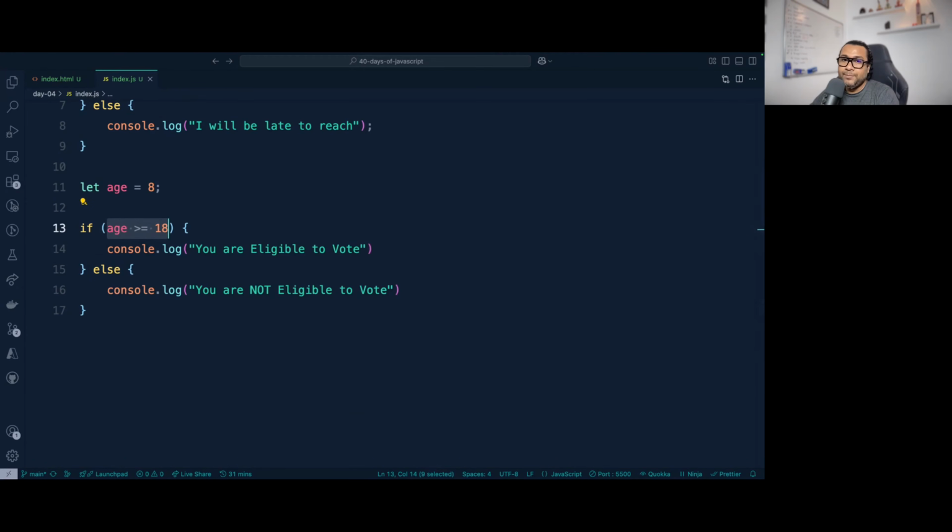But sometimes you might have multiple possible conditions. This is what logic building is, guys. You have to identify from the problem statement whether you have one single condition or multiple possible conditions. If I tell you to create a program that will determine if a person is eligible to vote or not based on the age, it means based on age I have to decide whether the person is eligible or not eligible to vote. So it is one condition.